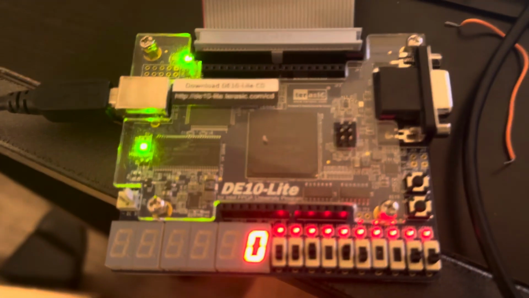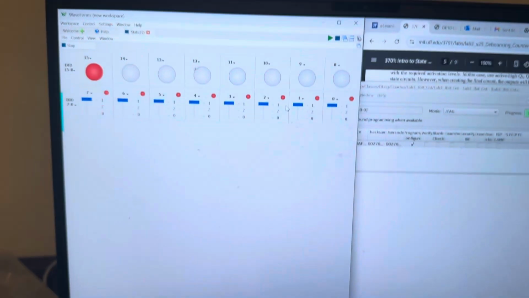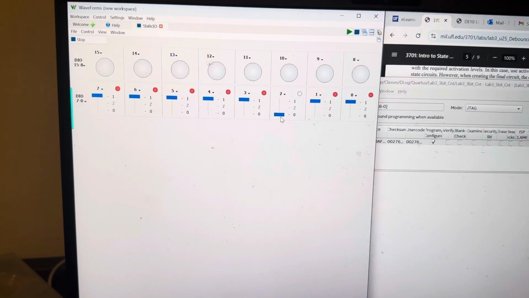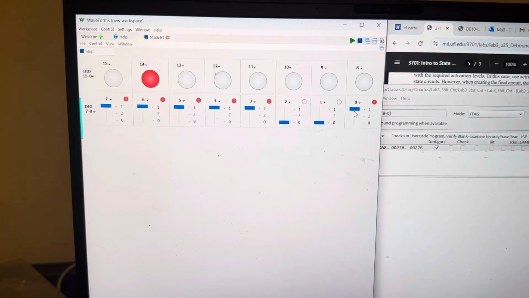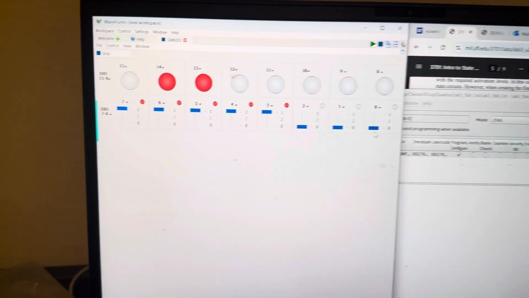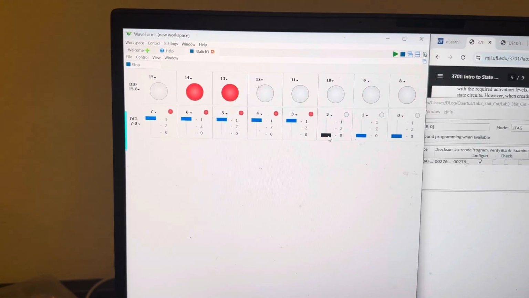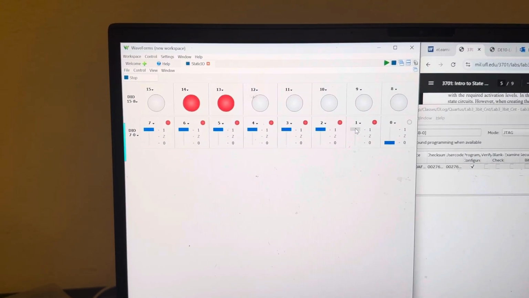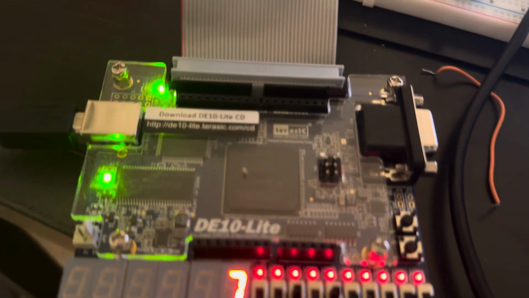That is in agreement with what is displaying on our DE10 light, but we can switch it to 7 by setting all the sets to their true state because they're active low. Now, as you can see, we have it displaying 7, so that is the set functionality. So now we're at 7 here because obviously Q2 is active low, and the DE10 light is also displaying 7